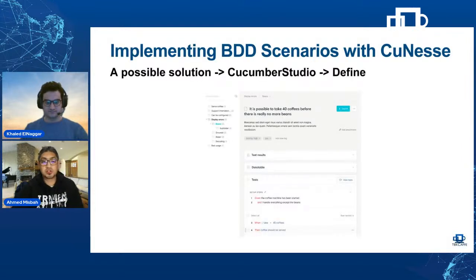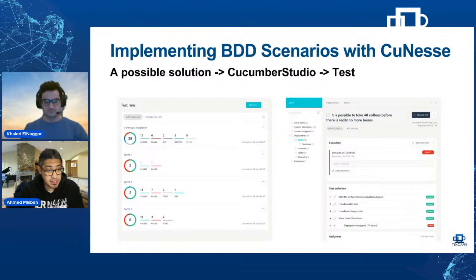So one possible solution is Cucumber Studio. This is a nice tool that SmartBear offers. It allows you, through a web-based interface, to write down your feature files and execute the feature files at will and see these nice reports for your test runs.